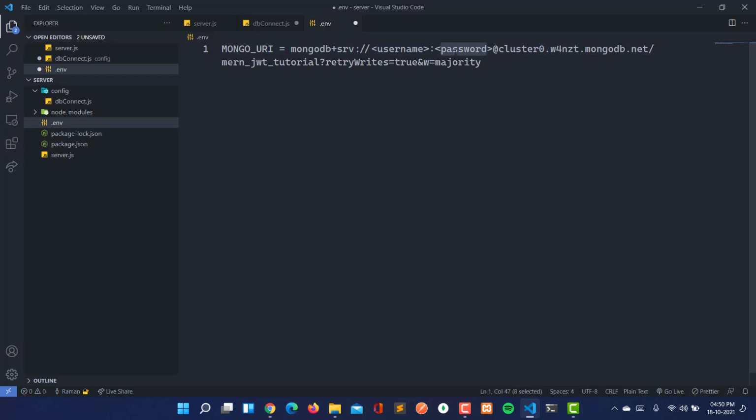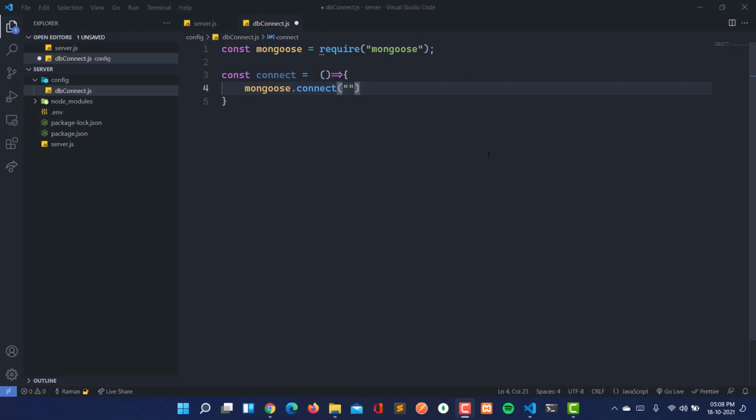I'm not going to show the username and password, you can do your own. After adding the username and password, I'm getting back. So I have successfully added the username and password in the URL string of MongoDB in the .env file. I'm not going to show you that.